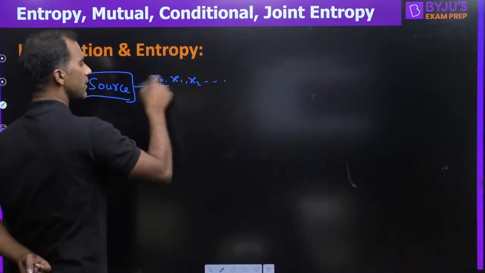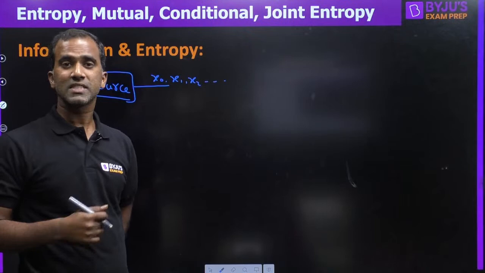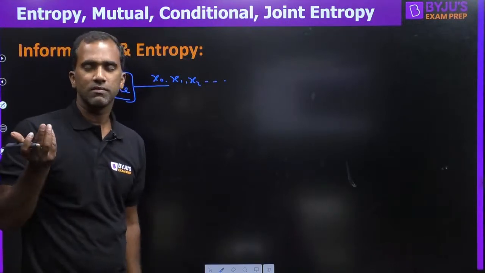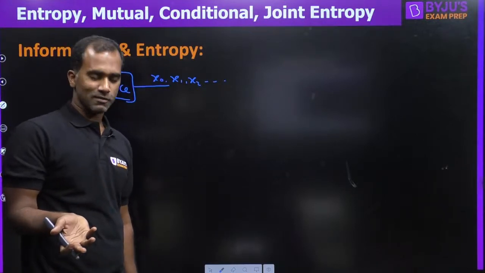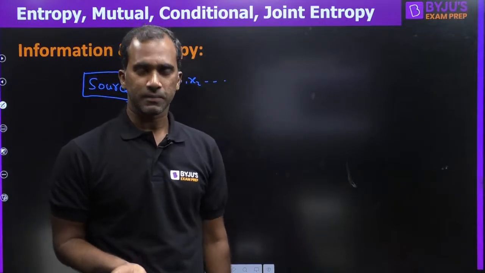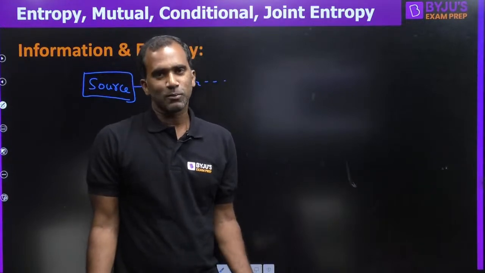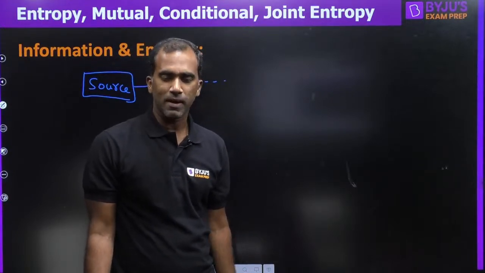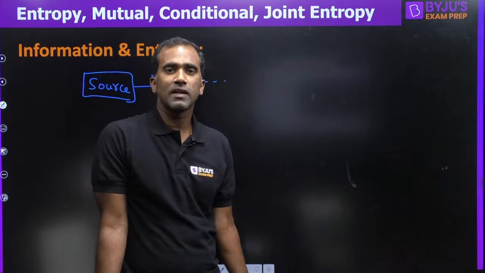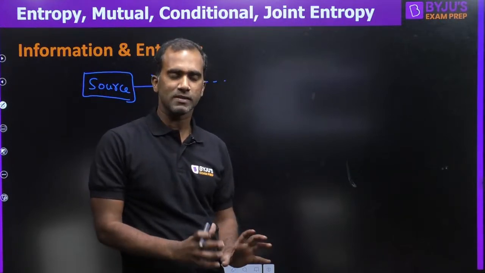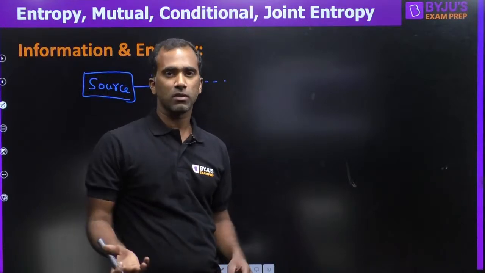Now, because this is information, information is always linked to probability. If the information is deterministic, then we don't call it information because there is nothing that we don't know about it. Deterministic things don't have any value. For example, if you know the result already, you will not be excited about it. If you are watching a cricket match and it is not a live match, you will not be excited to see it. Some people might watch recorded matches for other reasons, but generally we will not be excited because we know the information already, what happened at the end.